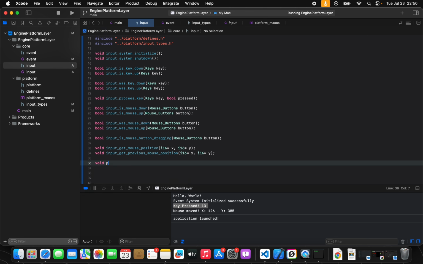So we're gonna say void input process mouse button like this, and then all we're gonna do is have a mouse button, and then whether or not that button is pressed or not. So pressed. All right, so once we basically have the input process mouse button,